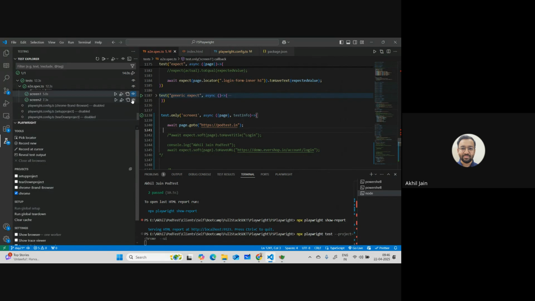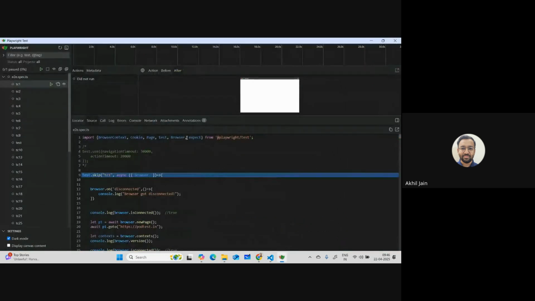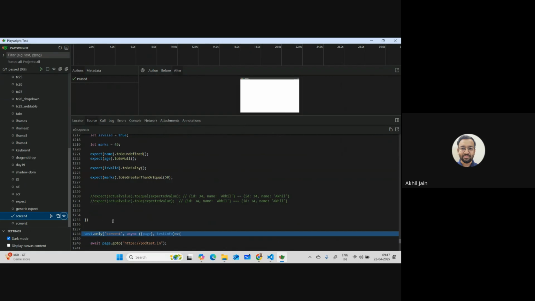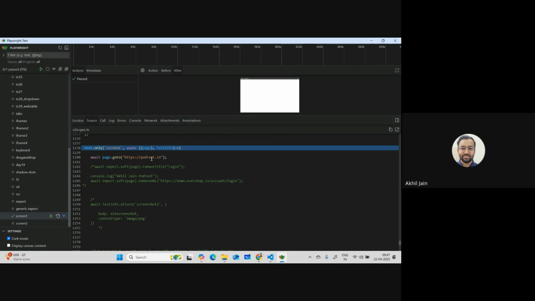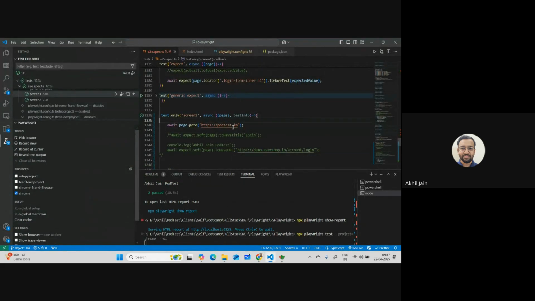It is available here, like as Kiran mentioned, and I believe that the same thing is available in the UI mode, right, over here. So if I enable something here, let's say I enable this to a watch mode, this test case, and if I go here and can I change things here? No, I cannot change things here, but I can make changes here in this part. If I do it,